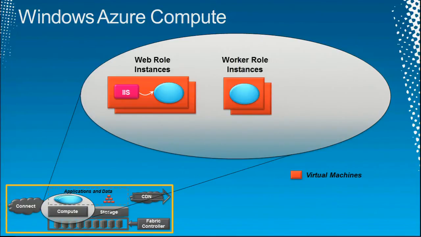Azure, actually the Fabric controller, then spins up 3 VMs and runs my app in the web role piece, 2 more VMs, runs my worker role part, and keeps it going. I do not tell Azure to give me a VM directly. I give Azure my app. I define what I want, number of instances, and it just spins them up.